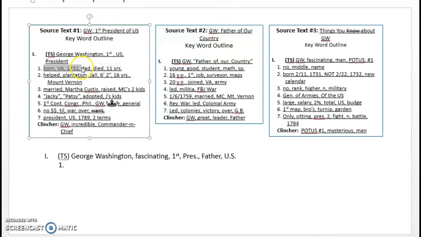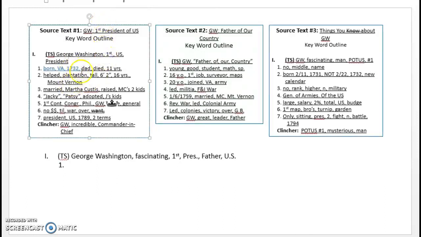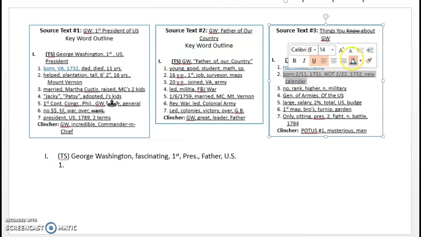So I don't know where the highlight is on this, so I'm going to just change the color of everything I'm using just so I can tell what I'm doing. So born in Virginia, and I want to say he had no middle name. I think that's interesting. This is another interesting fact, that he was born not on February 11th, but on February 22nd, because the calendar was changed after he was born, and that changed his birthday